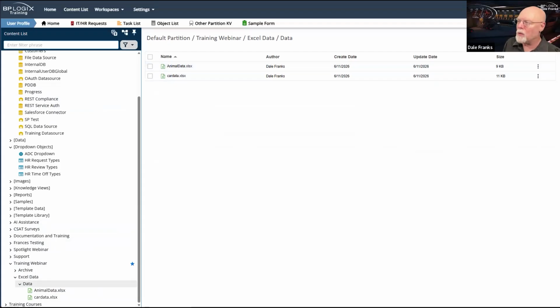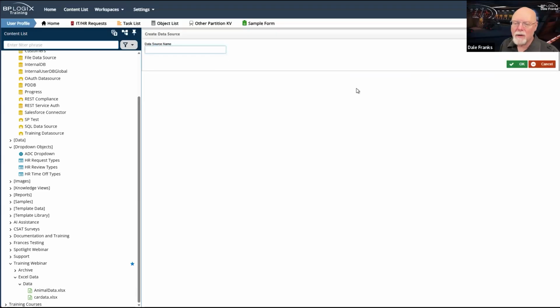Normally you would not do what I am about to do. And for some of you, if you're on a cloud installation, you wouldn't be allowed to do it because you're not a managed server user. But I'm actually going to create a unique data source that will only look at the tables that are created from here. So we're just going to call this the W06 2026 data source.